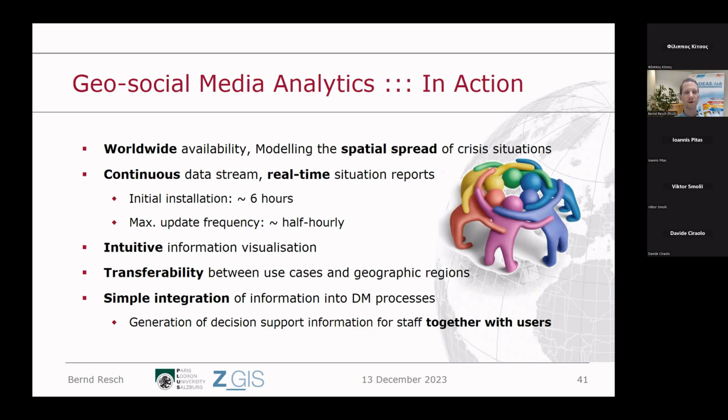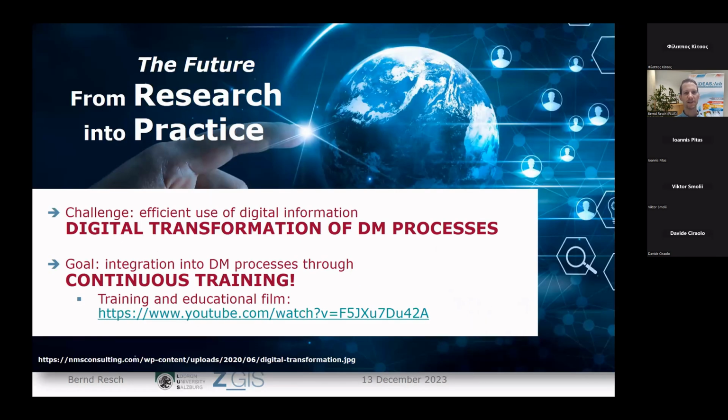And then, of course, the integration into information, into disaster management processes is technically rather simple. Also from what Antonio presented before, we have highly standardized interfaces. We provide the information. Disaster management agencies can pull it from there or can just take it from there and integrate those into their disaster management processes. And now comes the but, and that's my final claim here.